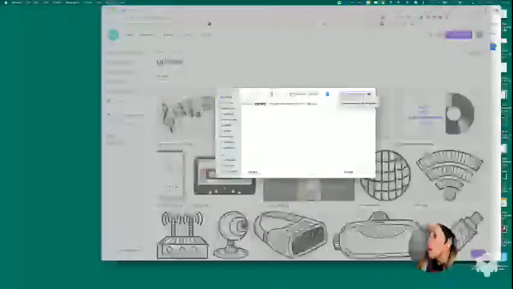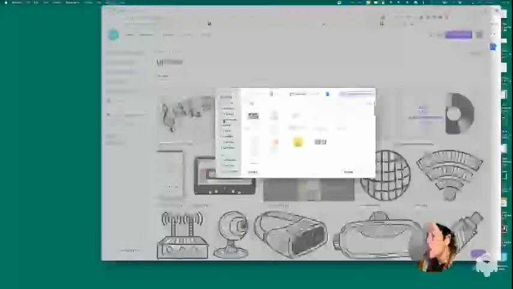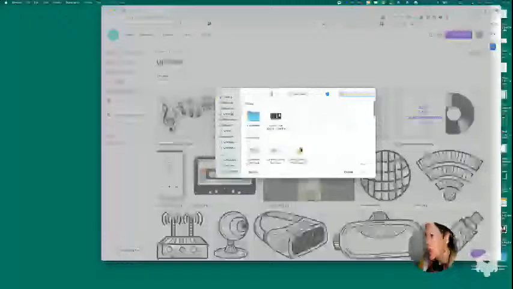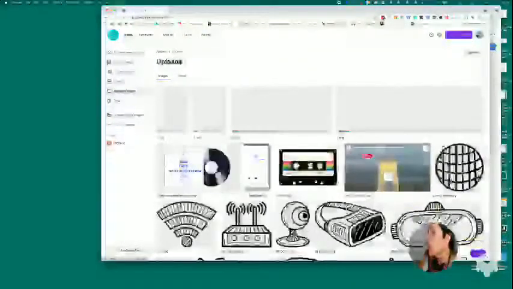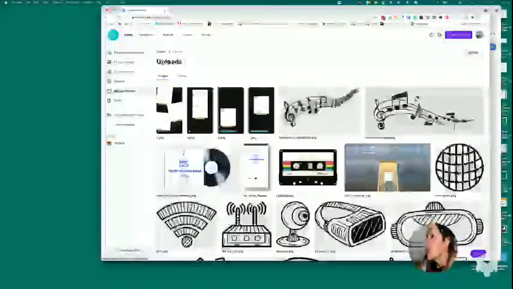Now it proceeds to just not find it. All right, and we got these guys. So I'm going to bring them in. So there are my templates.